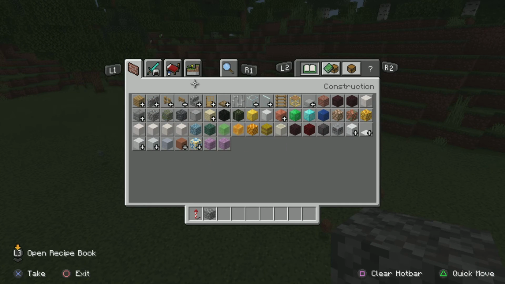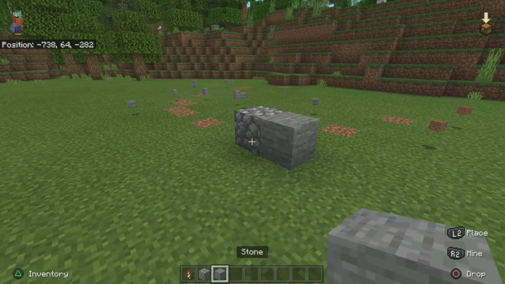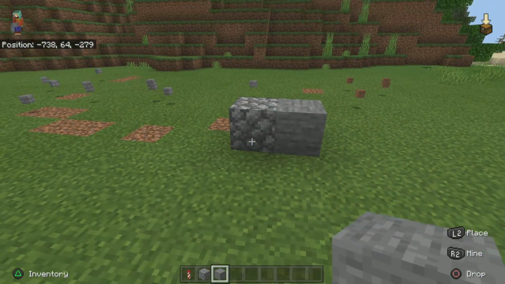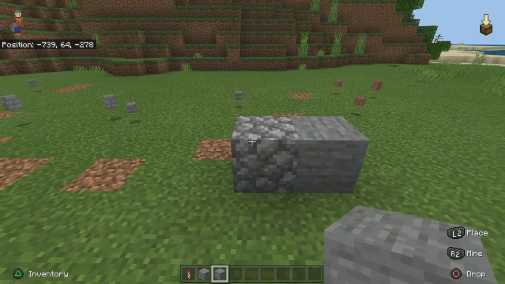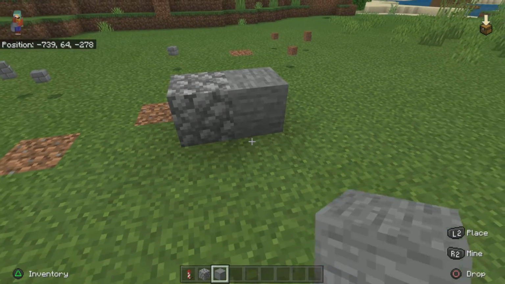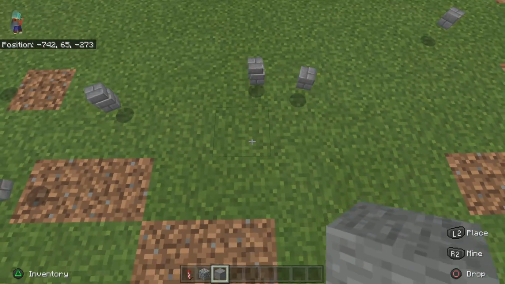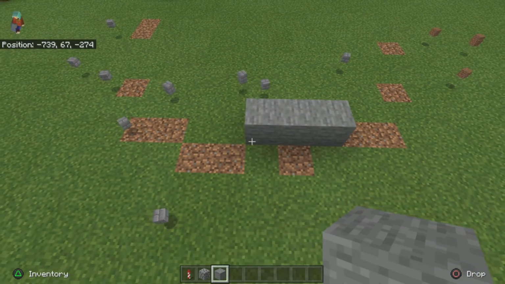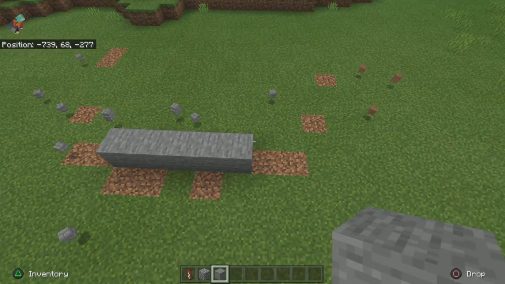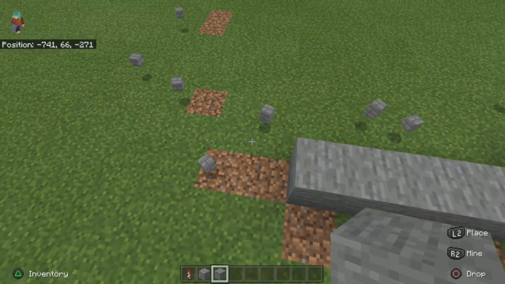So let's just take... Okay, so it's not just me. I was in an older world, and I guess the textures didn't update in that world, because the cobblestone looked really ugly in that world. But I like it in this one, so it's fine. Anyway, the next tower design I'm gonna go with will follow a similar idea, but it's gonna be...